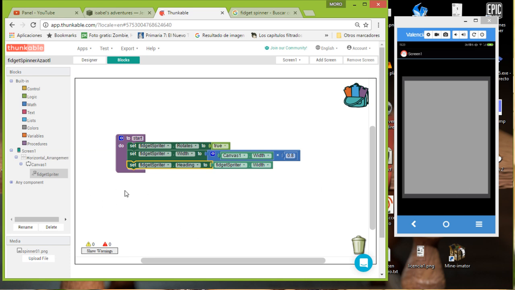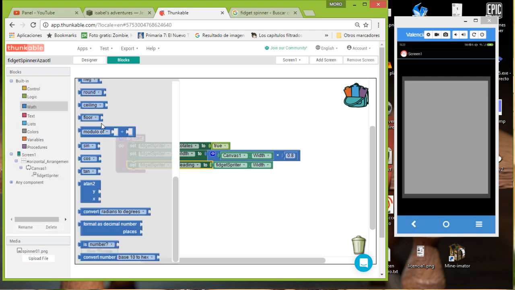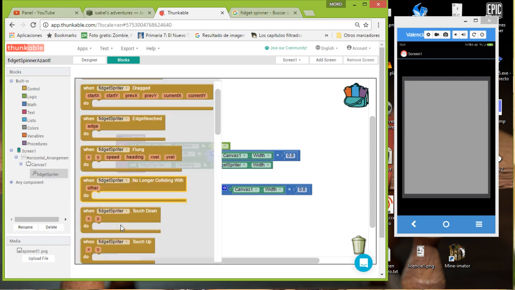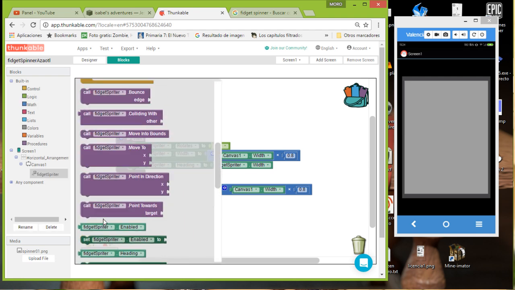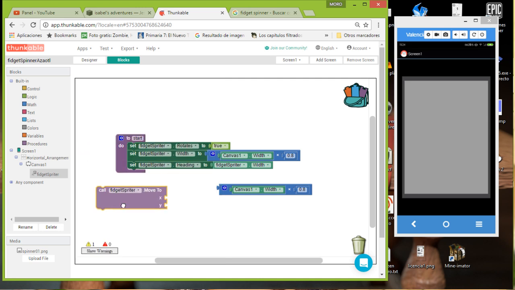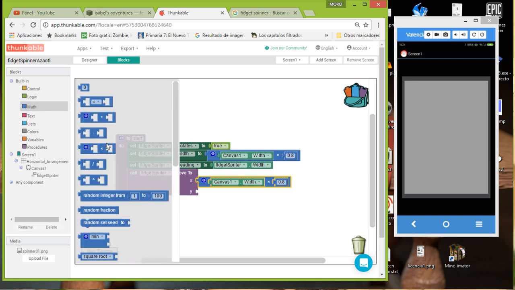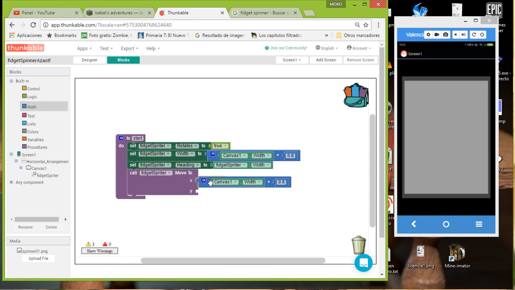So now we need to place it. We need to place them in the center of the canvas. To do that, the center of the canvas is the 50%. So we're going to make something similar to this. We're going to duplicate this one, and we're going to go for the x variable and the y variable. We can use move to also. The x has to be set based on the width of the canvas. To calculate it in the center, it has to be this value, the canvas width, times the 50%,